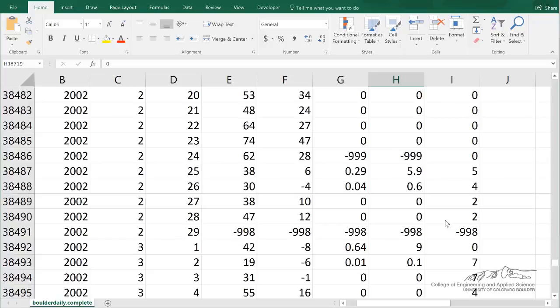Here is a massive spreadsheet I was able to download off the NOAA website, where we have the year, so 2002, we have the month and the date, and for each of these days we have a high temperature for that day, a low temperature. This is the precipitation, this is the amount of snow, and this is the snow that's on the ground on